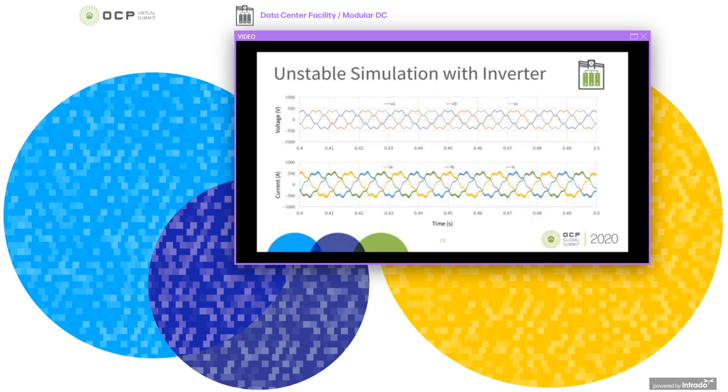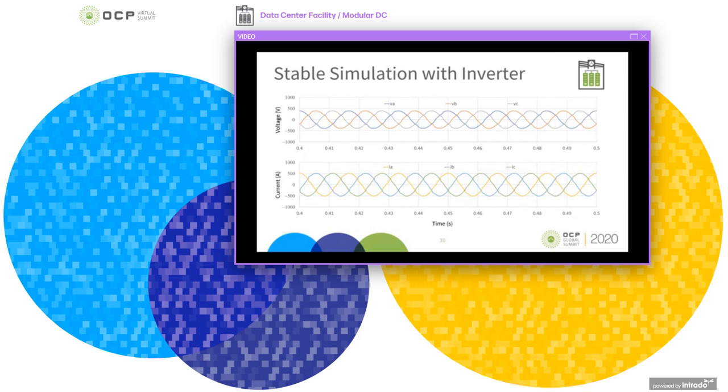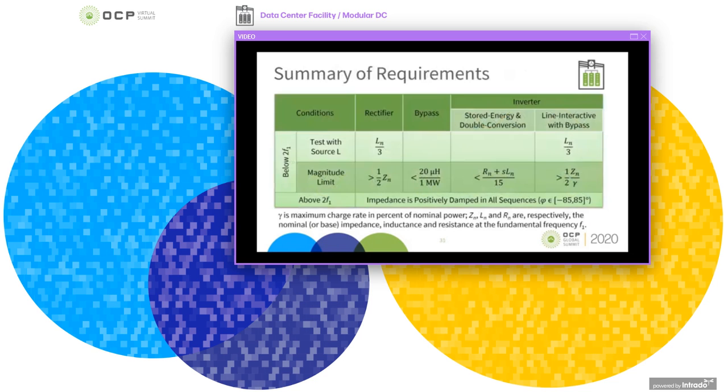So in this next slide, there is a simulation of the example and it shows that indeed there is some resonance around a few hundred hertz, and there is some higher frequency resonance on the currents. It shows almost like ripple here. And if we adjust the inverter control to pass the spec and to obtain a different impedance that complies with that spec, by adjusting those controls, it is possible to resolve the issue and have a stable system.